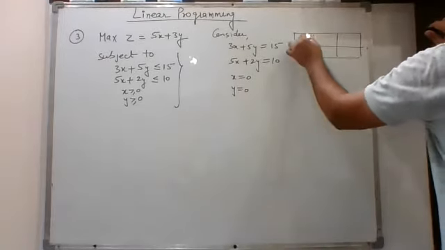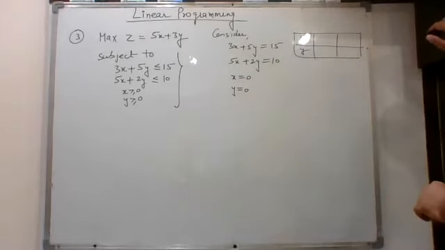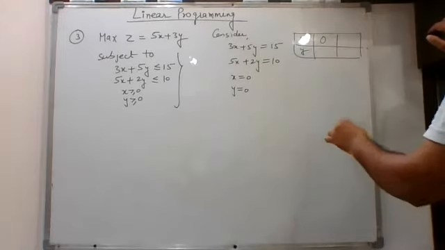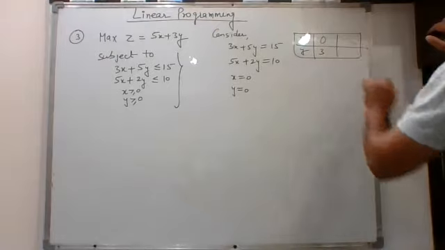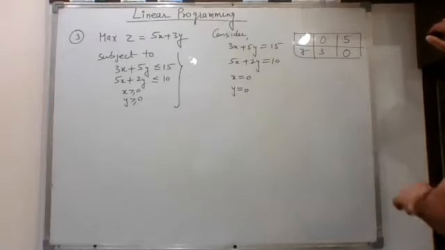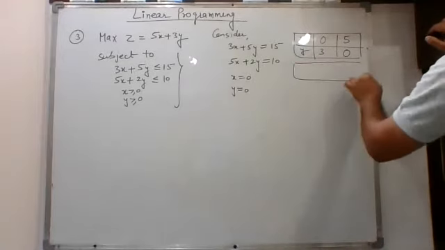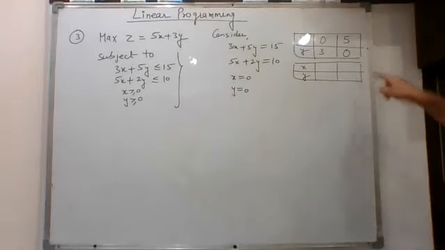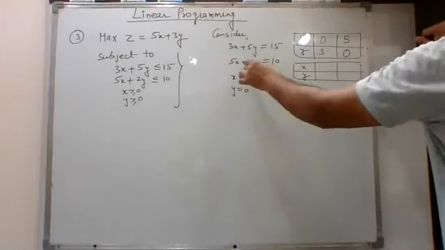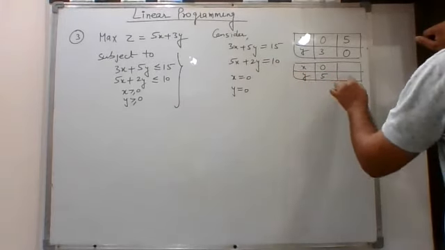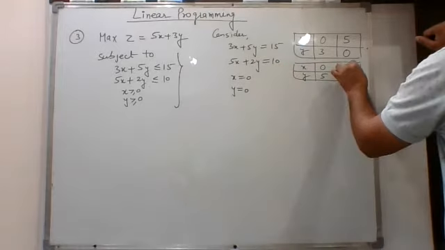So in order to plot these lines, you will draw the corresponding table for these two lines. For this one, when we take x is equal to 0, you can see that y will be equal to 3. And when you take y is equal to 0, then x will be equal to 5. These 2 points are enough to trace the line. We will not take any other point. Now for this one, when I put x is equal to 0, y will be equal to 5. And when I put y is equal to 0, then x will be equal to 2.